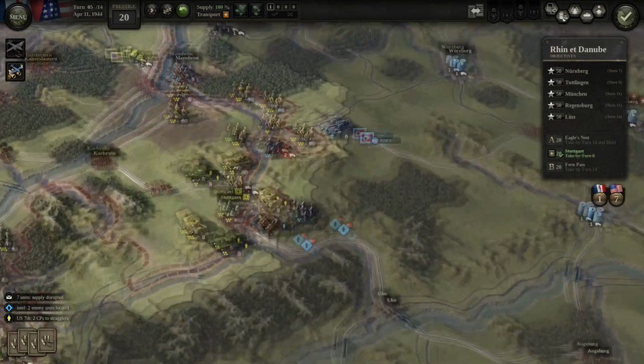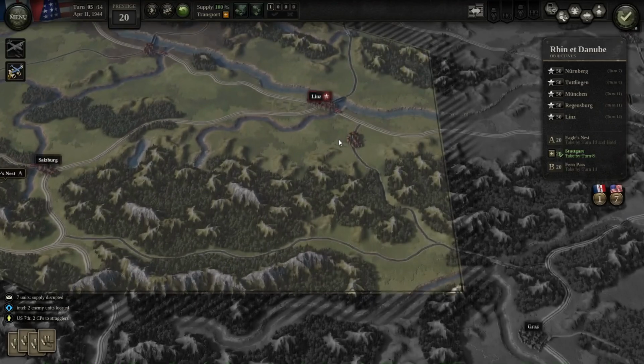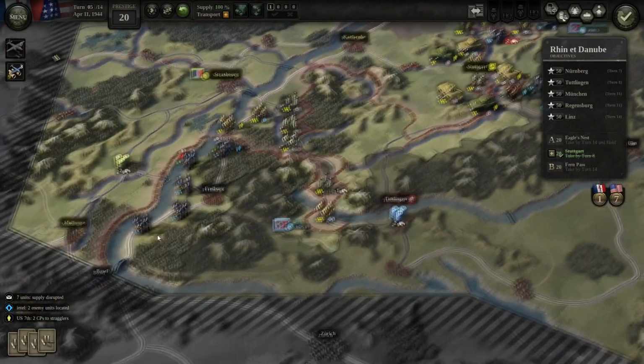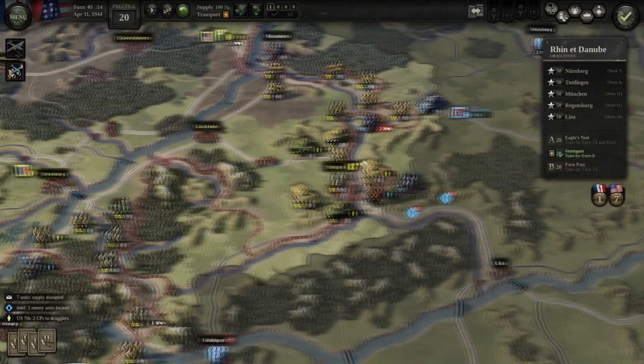Trying to advance my troops rapidly, but it's hard. We only have 9 more turns, and we've got to get all the way over here. That seems highly unlikely, unless the Germans are completely giving up, which they have kind of. They are falling back, but...